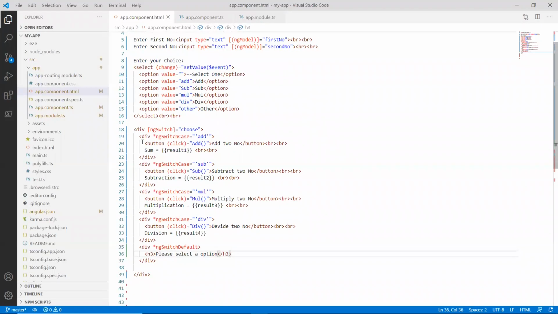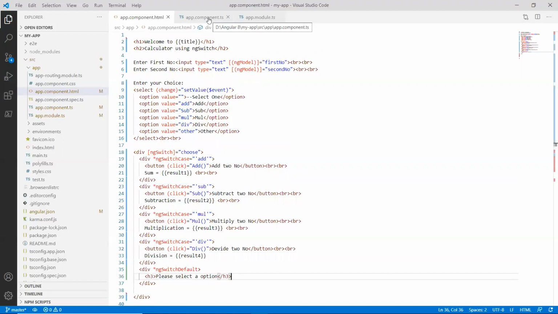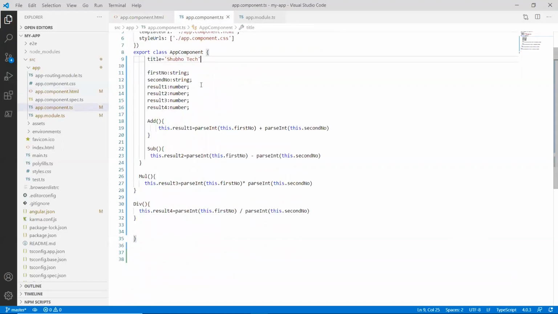So what I do, I create the ngSwitch, and then under this I create the case. I write the case ngSwitch case for addition, subtraction, multiplication, division, and it is a default that tag value. And for that I create the button add two number and print the result. And when we click the button it calls the add function, when we click the button it calls subtraction, multiplication, division. So here in app.component.ts we have to write the function,